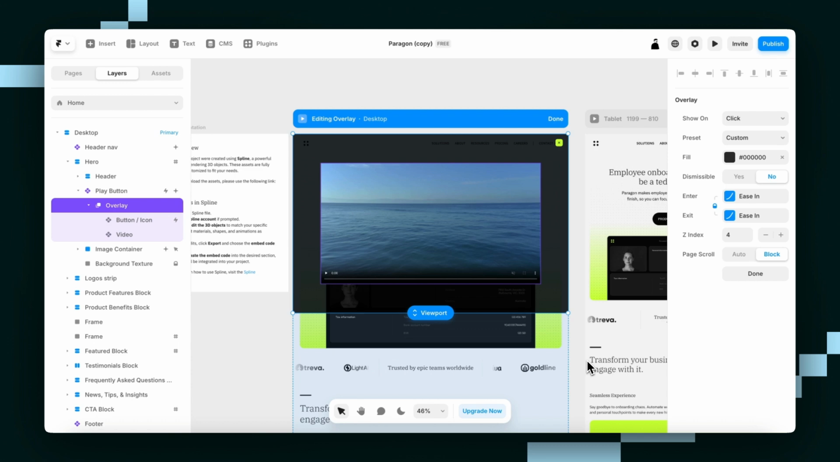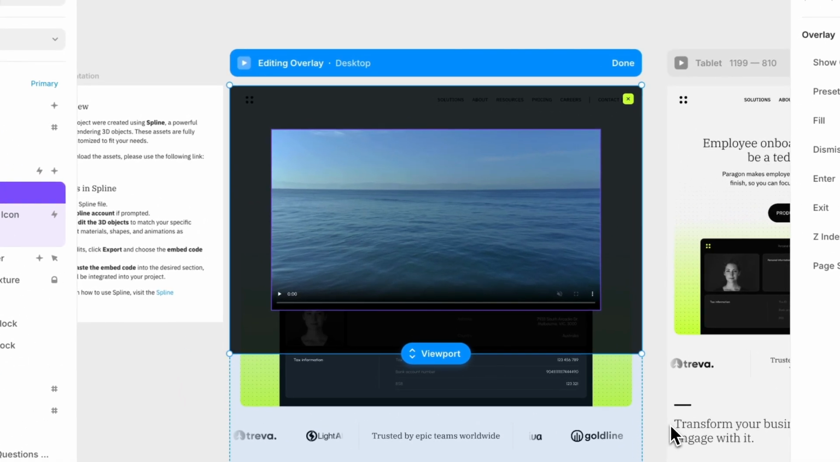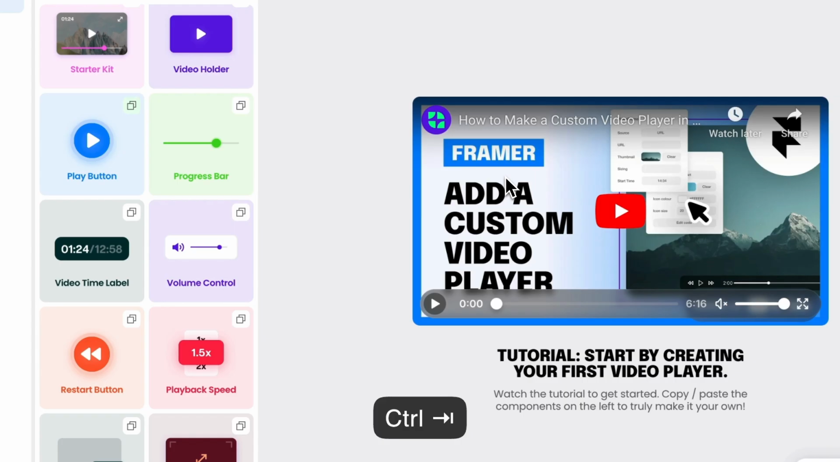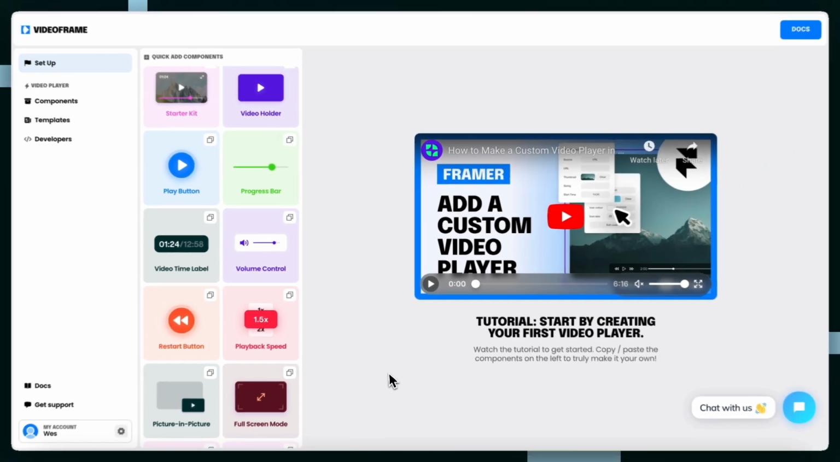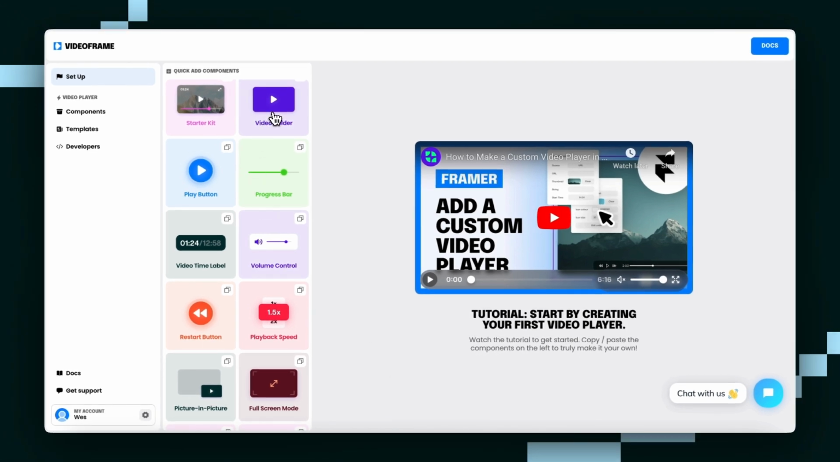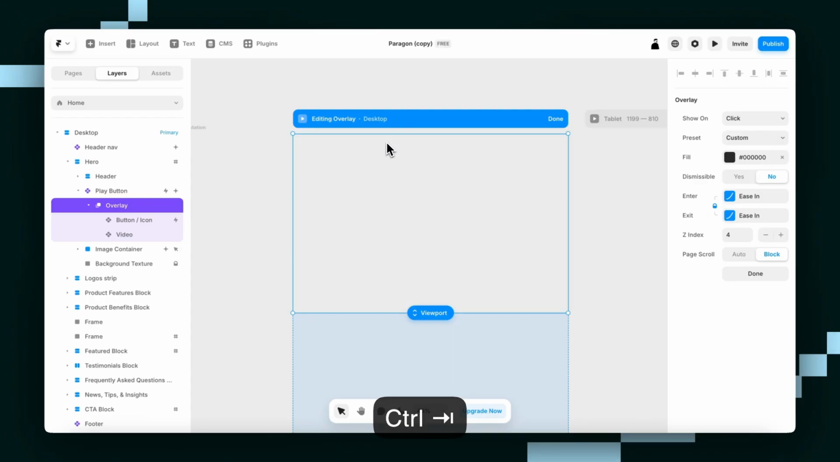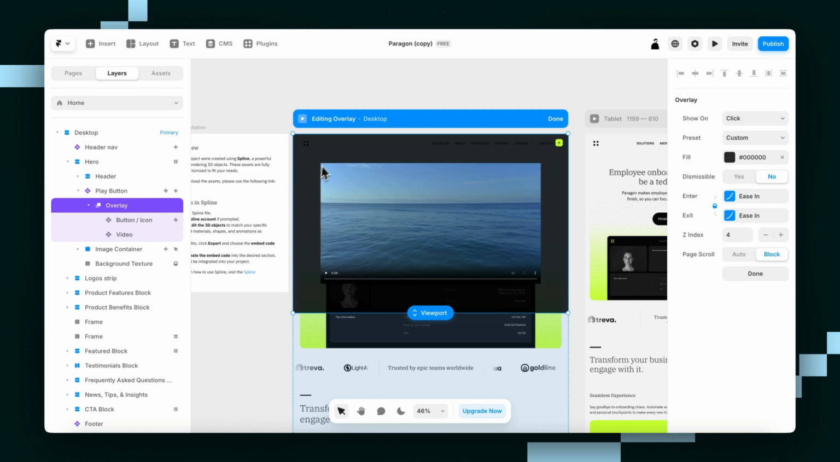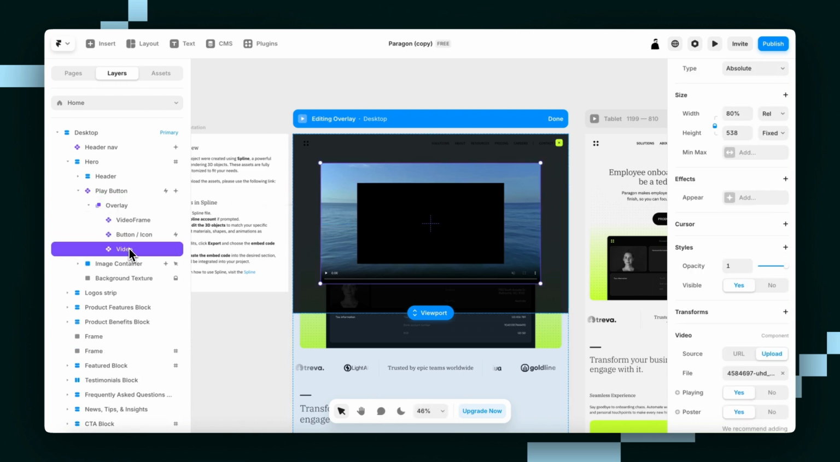So you've seen the video player in Paragon and you're wondering, how can I power this up? Well, I'm going to show you exactly how, and it starts with going to videoframe.io and making an account there. Once you're in, you can grab this video holder component. And I'm just going to go back to overlay. Yep, overlay layer, paste it in, delete this other video,